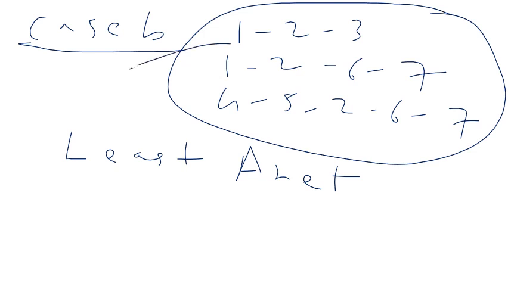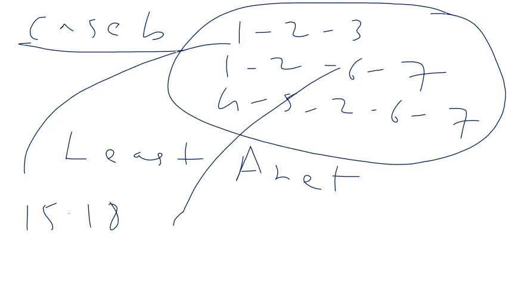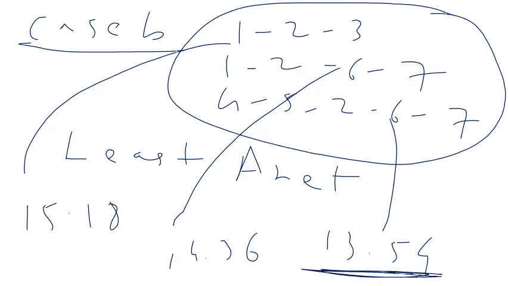For the first case, A net was 15.18. For the next case, A net was 14.36, and for the last case, A net was 13.54. Obviously, we have to consider the minimum or the least A net to calculate the maximum tensile strength, maximum tension transferred